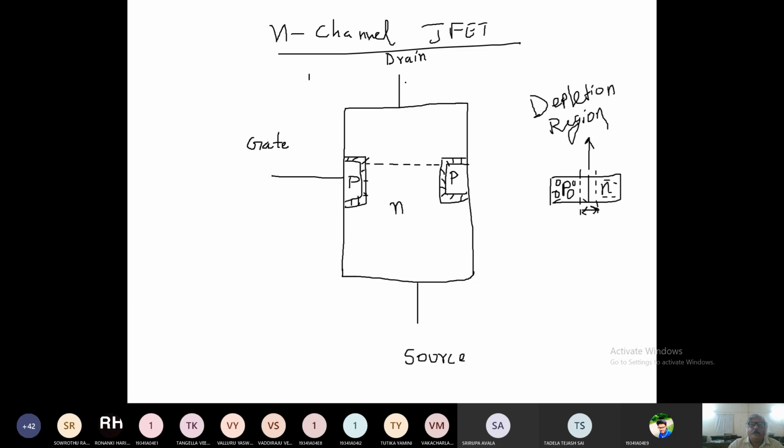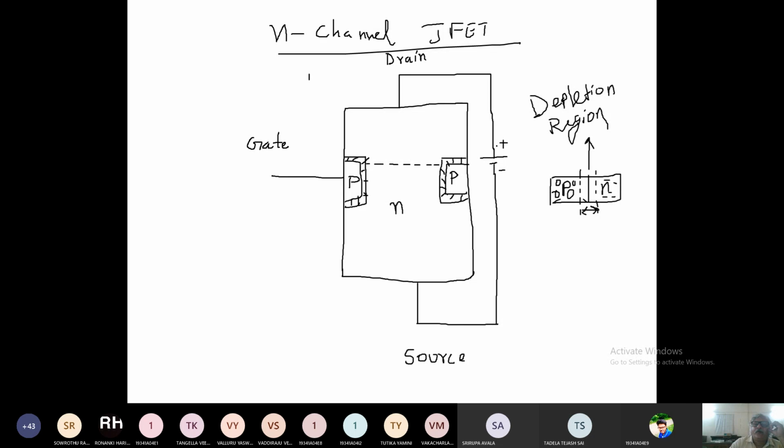Now whatever is your drain terminal, externally we have to connect one battery between drain and source. Always remember, the end where the battery's positive terminal is connected to one terminal of this JFET, that terminal is your drain terminal, like this. So here we have connected this type of battery, right? This is the positive end of the battery and this is the negative end.